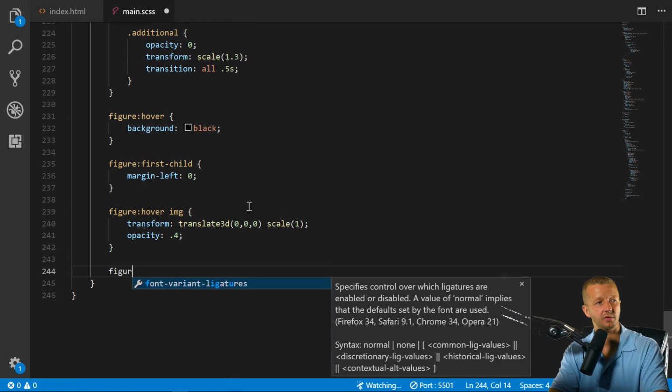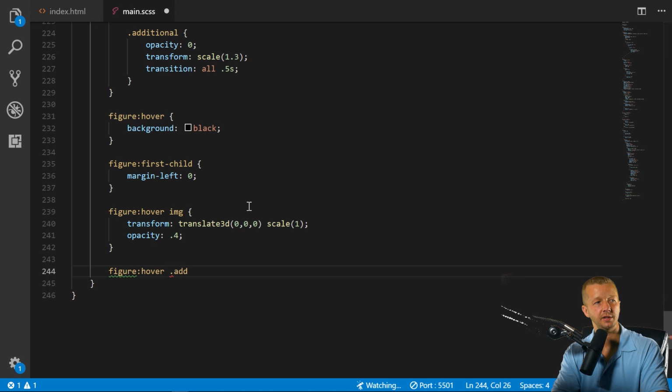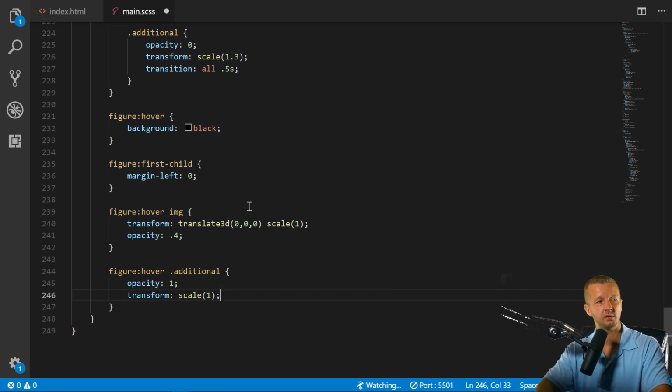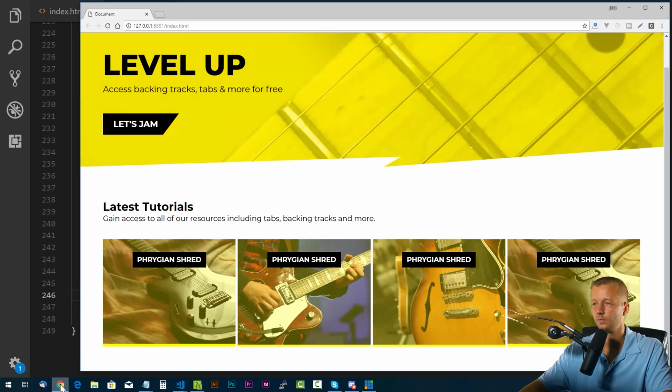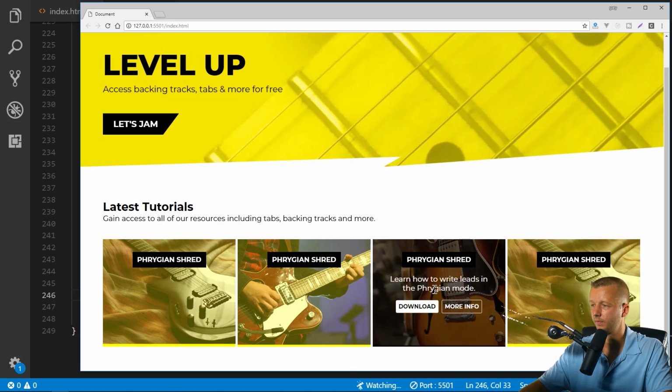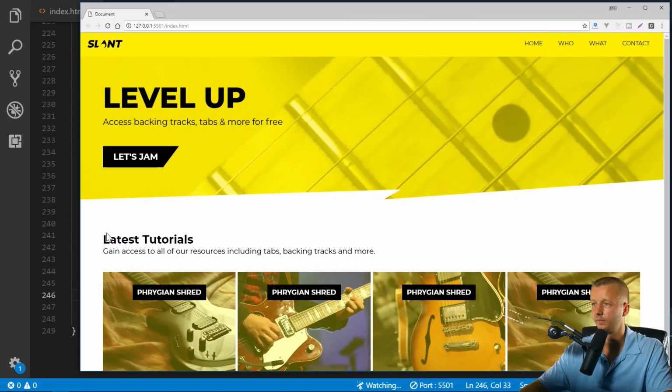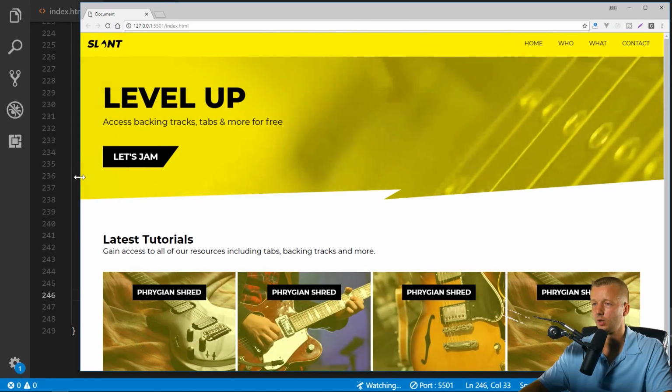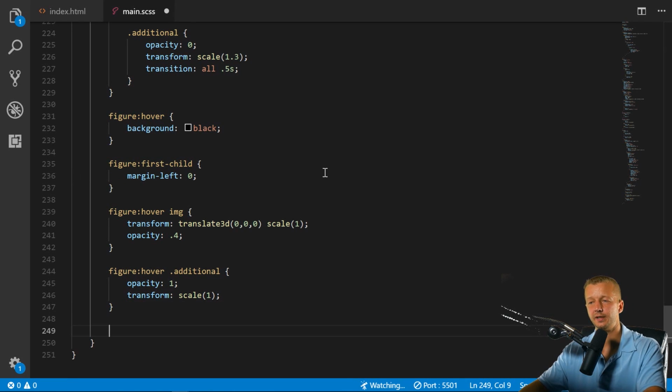We're also going to do figure, hover, additional. And this is going to be an opacity of 1. This is for the text overlay stuff and the buttons. And then transform, scale 1 as well. Ah, look at that. Much better. All right, and then we just have one final rule set for this effect. So fig caption